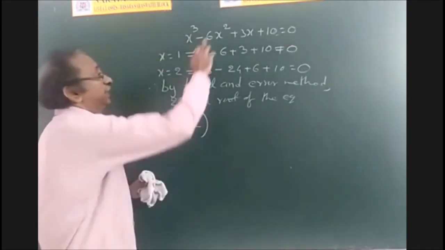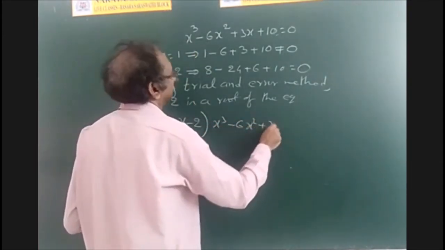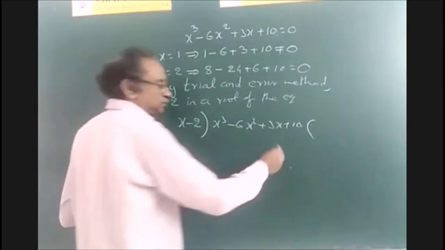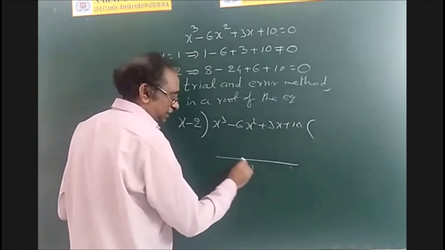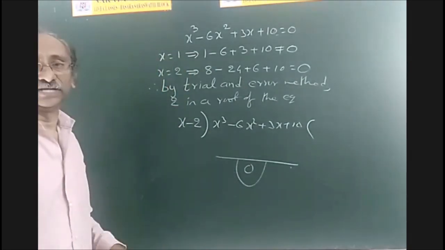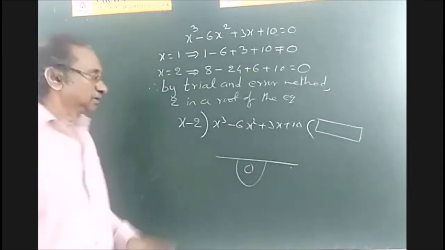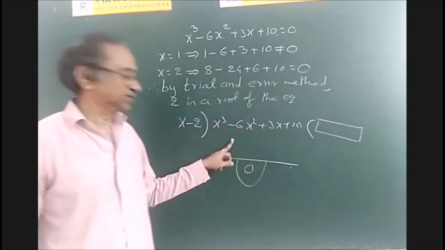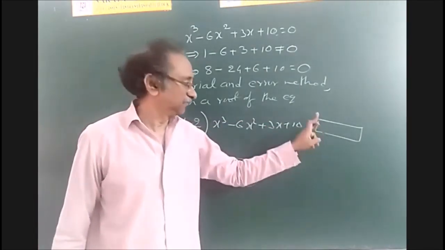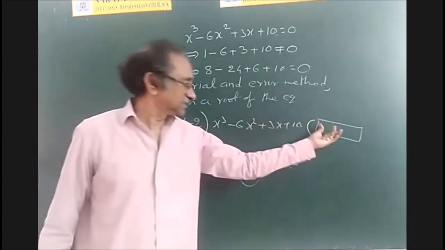And divide that cubic expression with this. Okay, so this is the long division process, and you will get remainder definitely 0 because it is the factor. You will get 0, and you will get the quadratic factor here. So this into this will give you this cubic expression. Because this is linear, this will be quadratic. Therefore, x square into x becomes x cube. And this is a factor of that.